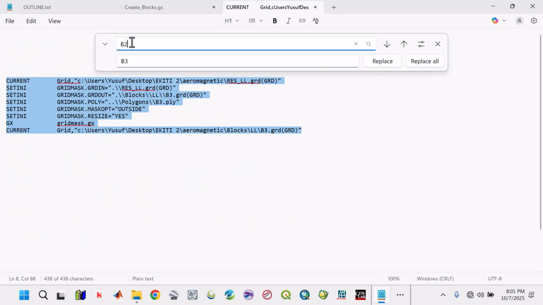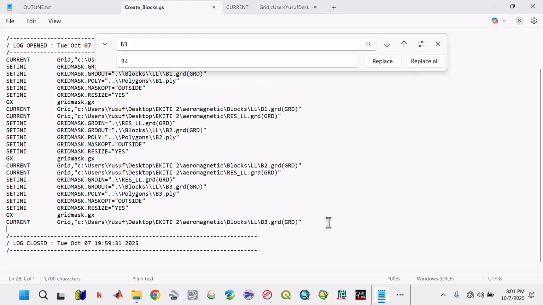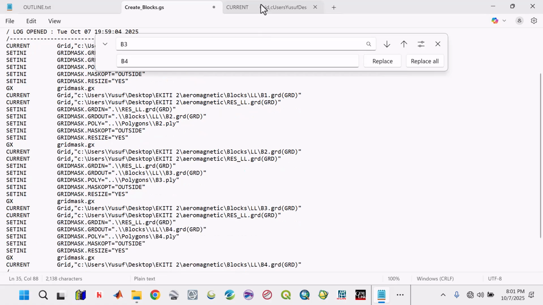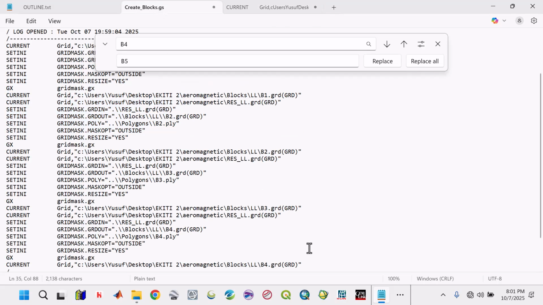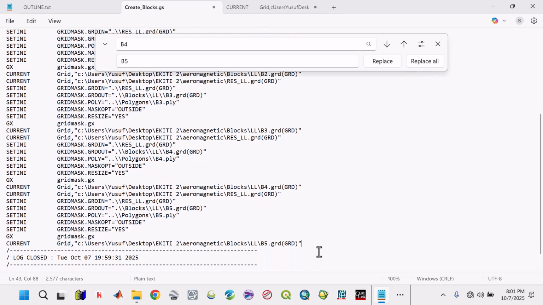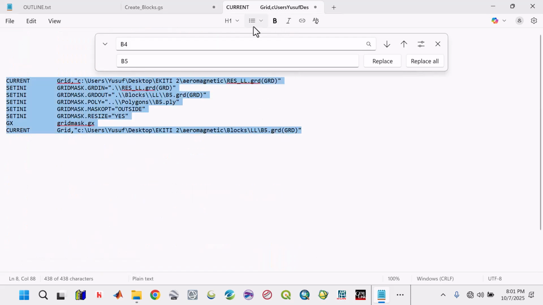Then come to this, change 3 and press the tab key, change 4, then replace all, then Ctrl A, Ctrl C, then press the enter key, then paste. Then come here, press this 4, press the tab key, move to the next, enter 5, find replace, Ctrl A, Ctrl C, copy and paste. Then here you press enter, you paste it down, then you come here again, make sure you click on this 5, press the tab key to replace with this, find